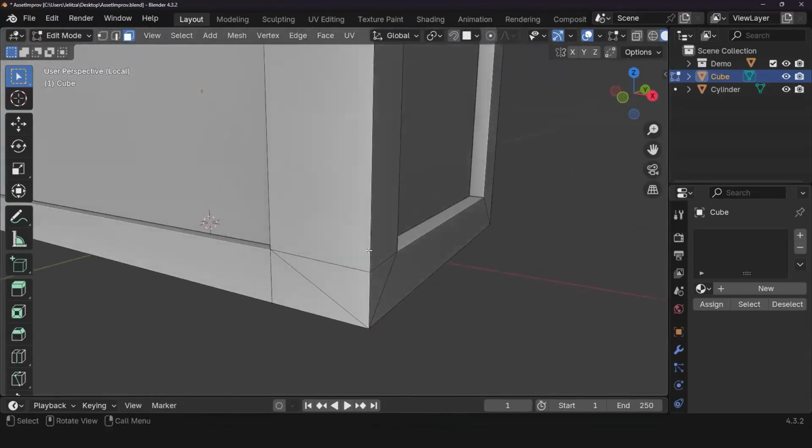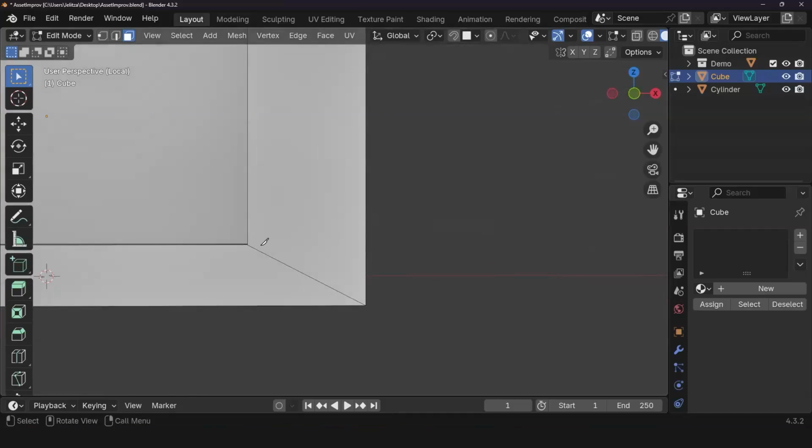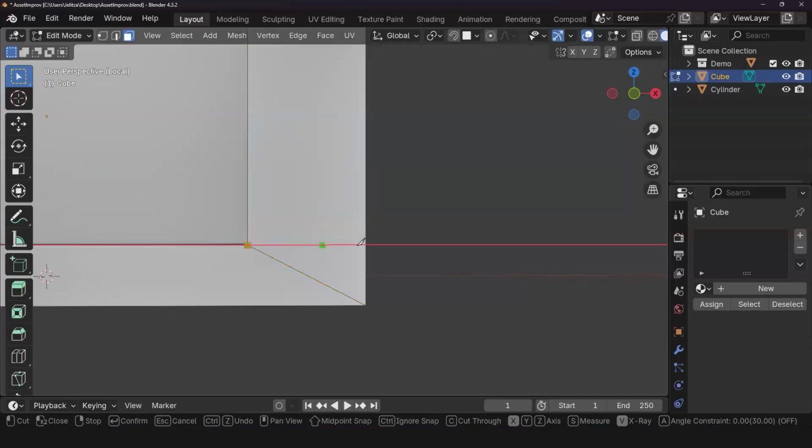And just trust me. So what I'm going to do is Control Z. Now I'm going to press K, select my vertice, and then press X. Now it's slicing along the X axis, which is exactly what I want.